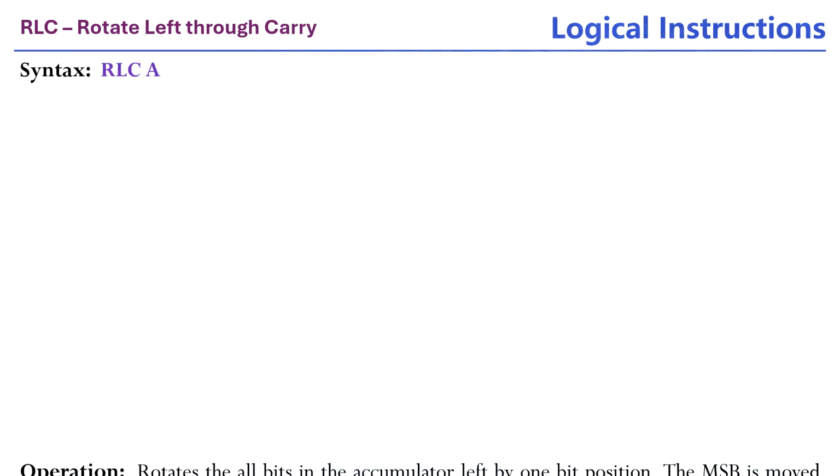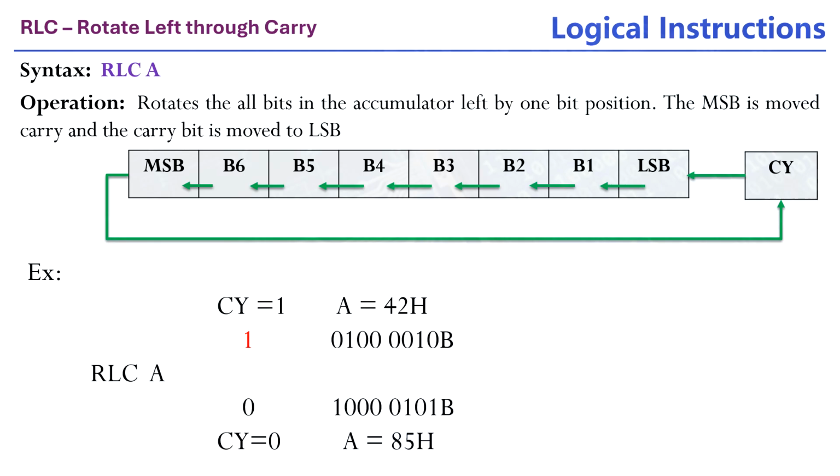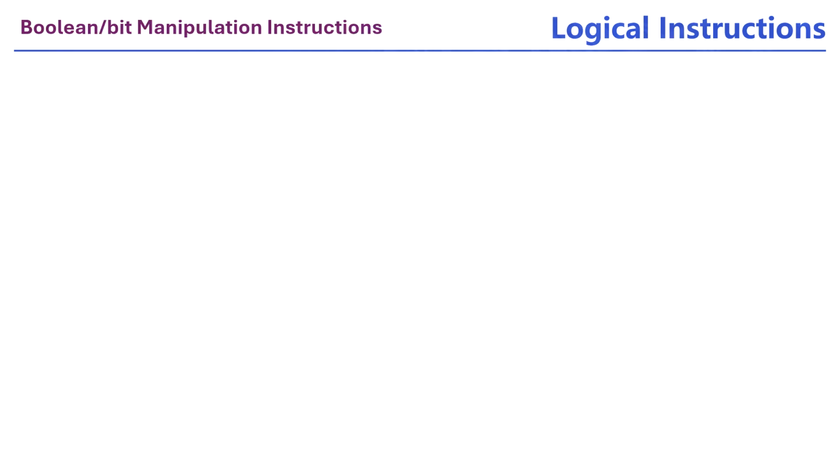Now we can go through the same pattern. Rotate left through carry. This is a similar thing, only the carry is added here. This value comes here in the place of the carry, and this carry comes here in the place of the LSB. All bits are shifted from right to left, and one is shifted out. So this is already done. This is the similar thing. Now